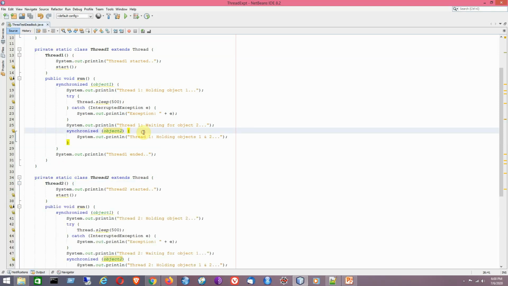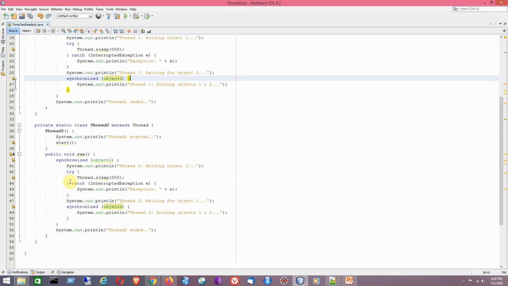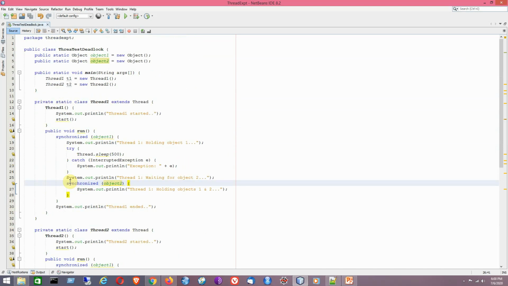I hope that you have understood the logic of the program. By using this concept we can solve the deadlock scenario that might arise with respect to multi-threaded programming in Java. I think you will now be able to implement this concept in your project that will be dealing with multiple threads accessing shared objects. So the order of the locks is going to be important, and you'll be able to design your code in such a way that there will not be any deadlock. That is the ultimate goal.